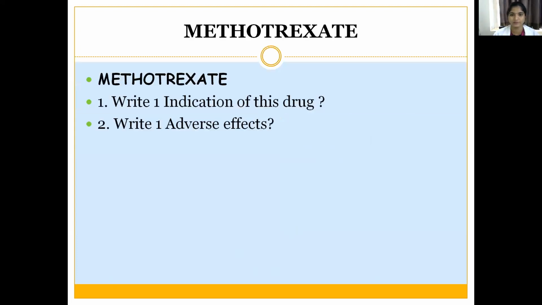We will be given one crude drug, one picture or structure to identify, and the remaining drugs. This type of drug we will keep as a drug sample, for example, methotrexate. You have to identify it and write. We will be given a question format also, for example, write one indication of this methotrexate and write one adverse effect of this drug.